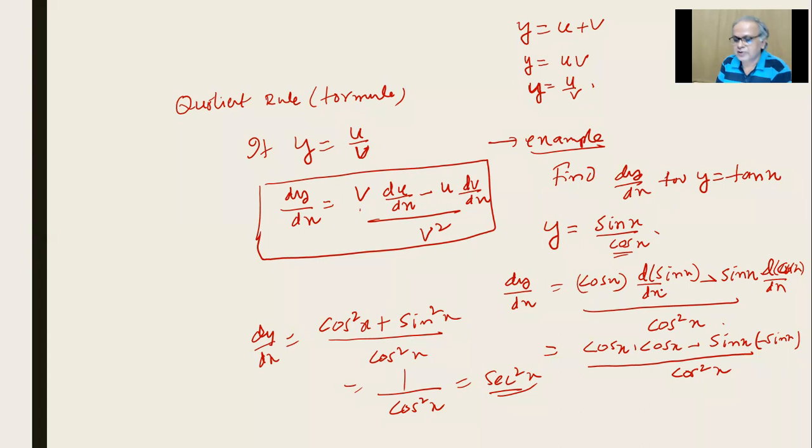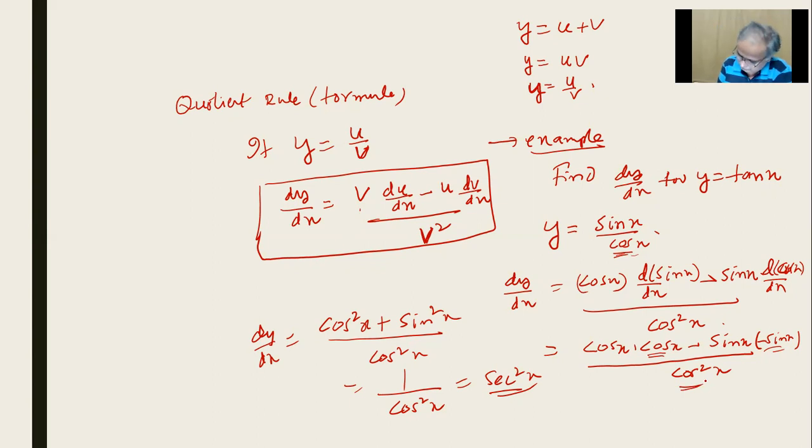Now, what is your question, Suhita? Sir, I mean only d of derivative of sin x is equal to cos x, or derivative of sin x by dx is equal to cos x. Derivative of sin x is cos x, I wrote. Derivative of cos x is minus sin x, I wrote. And in the denominator, I have got v square, no derivative thing here. And v is cos x, so cos square x, I wrote.